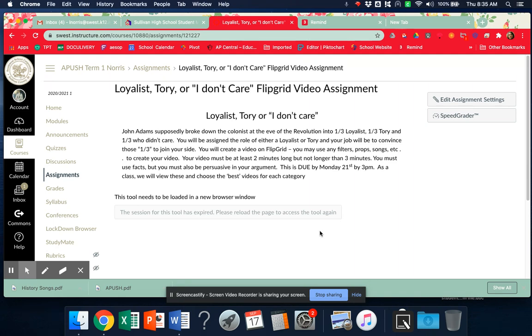I'm a well, it says loyalist or toward the other side,